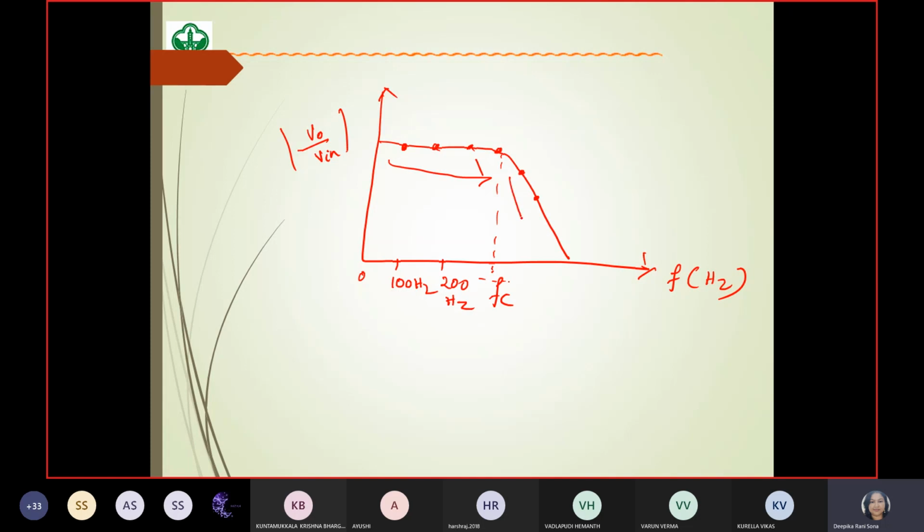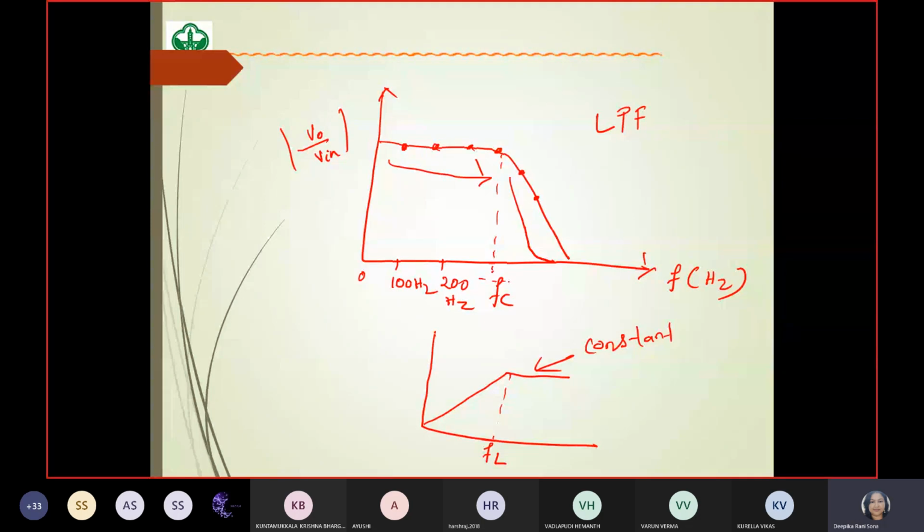For a low pass filter this value will be reducing and negative, and finally it will not increase, it will be 0. This is the way for calculating frequency response for low pass. Similarly, for high pass, you can see that it will start increasing. After the cutoff frequency point it will be constant. This thing you have to show by drawing the graph. Okay, I'm not asking for semi-log graph sheet or anything, just a normal graph.